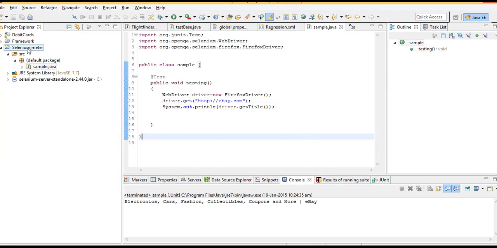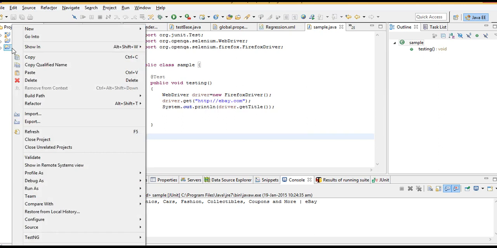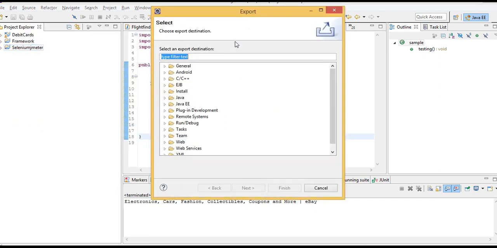So now select this project, right click, and choose export. Click on export, and export it as a jar file. Open the Java folder and select jar file.